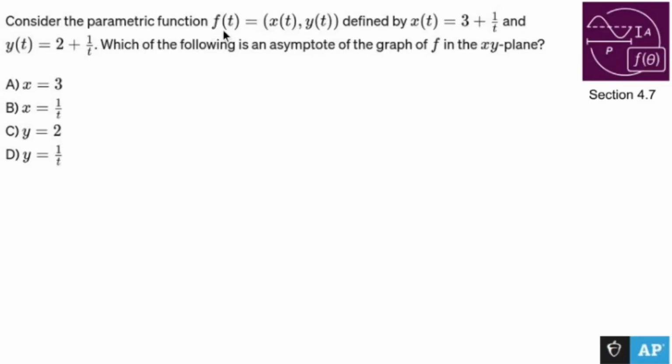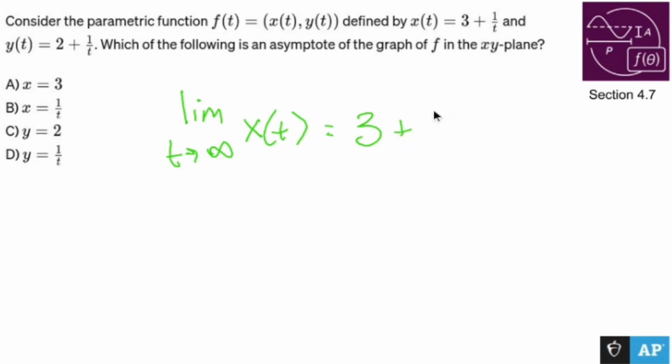Consider the parametric function f of t equals x of t, y of t, defined by x of t is 3 plus 1 over t, and y of t is defined as 2 plus 1 over t. Which of the following is an asymptote of the graph of f in the xy plane? Well, the way it works is in the xy plane, an asymptote occurs when the function x of t approaches a constant value as the limit approaches infinity. So if I were to take the limit as t approaches infinity of x of t, not y of t, x of t,